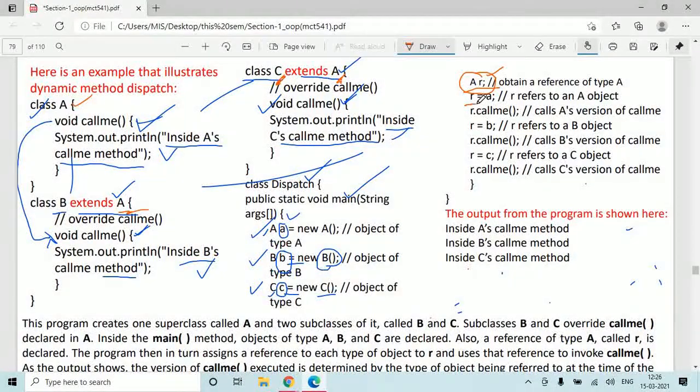Now what did we assign to the reference of A? Small a.